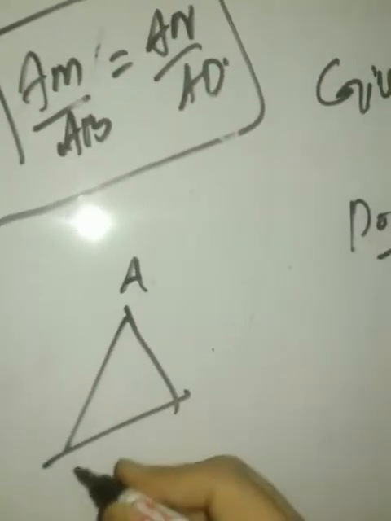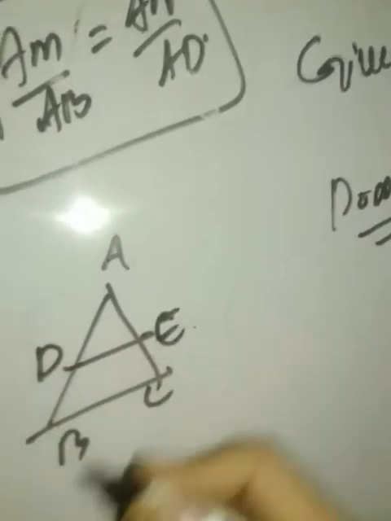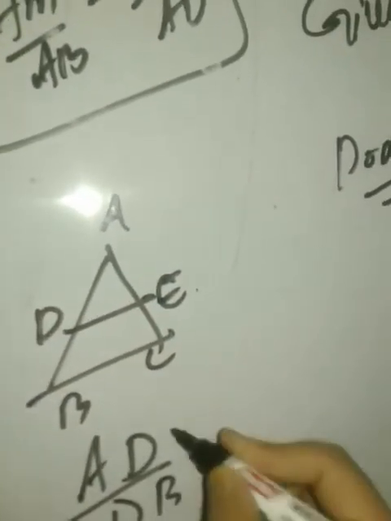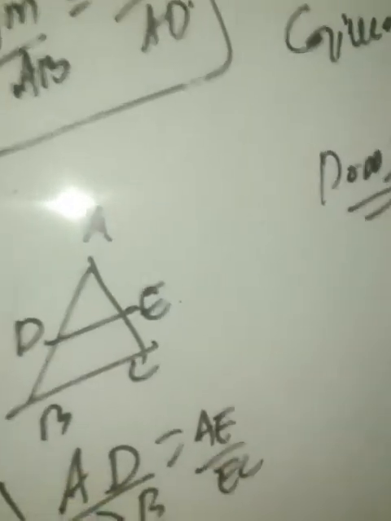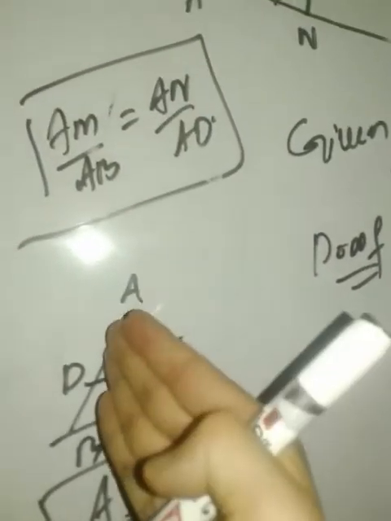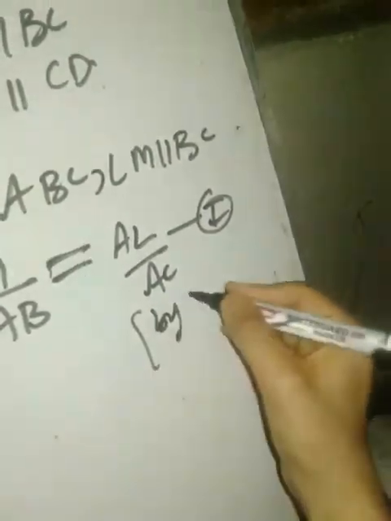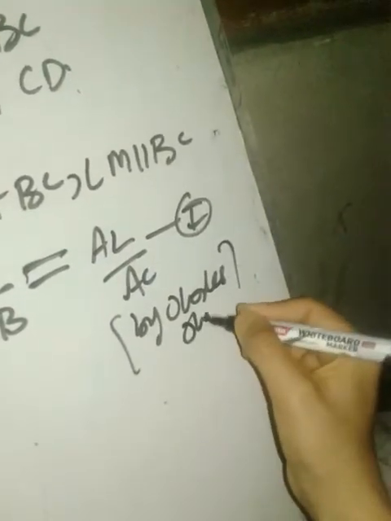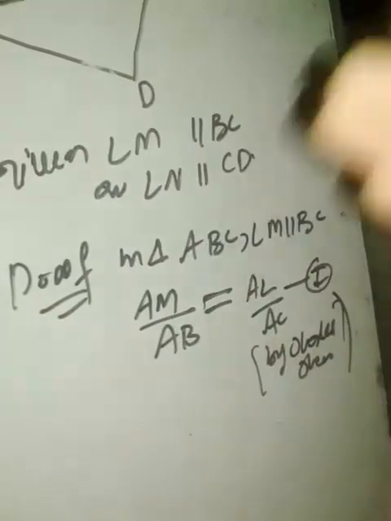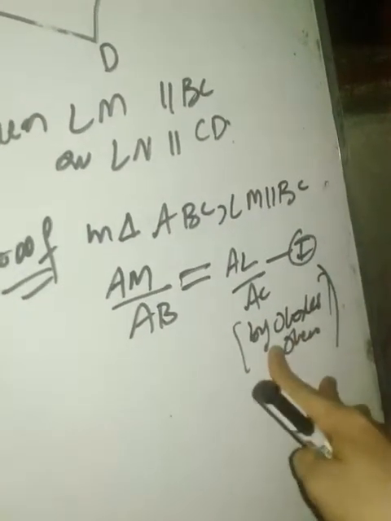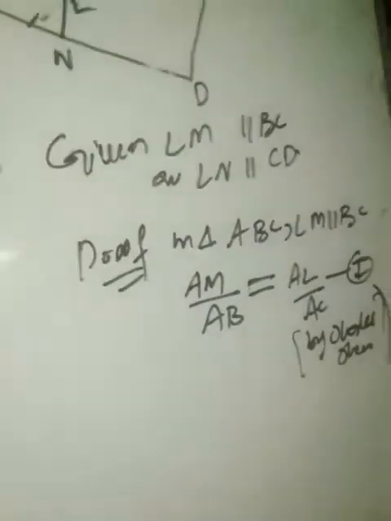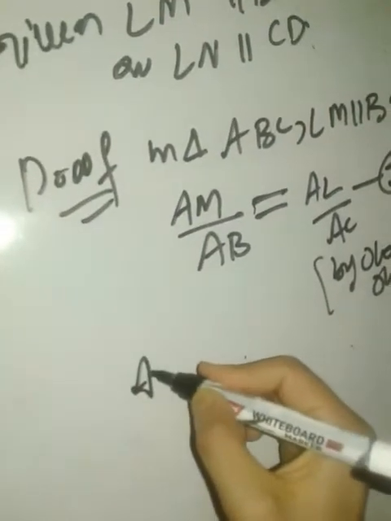It is not necessary that in Thales theorem you should have triangle ABC with DE, and write AD by DB equals AE by EC, but this is not the only result. You can use any ratio accordingly and adjust it, as we have discussed in yesterday's video lecture. So what is the reason? By Thales theorem. But here I recommend that while writing in your examination, write the complete theorem: if a line is drawn parallel to any side of a triangle, the other two sides are divided in the same ratio. In triangle